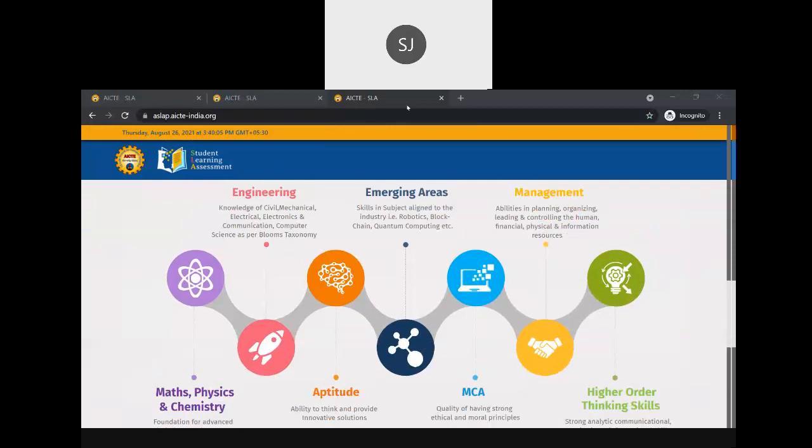We are covering these many disciplines so far. Inside engineering, we are capturing civil, mechanical, electrical, electronics and communications, and computer science. And emerging areas, management, maths and physics, chemistry, aptitude, we have MCA, we have higher order thinking skills. We have not broadened it to hotel management, but we are planning to do it soon.